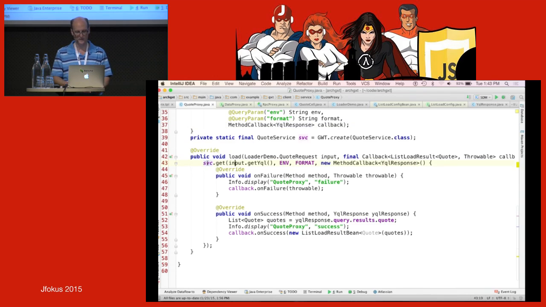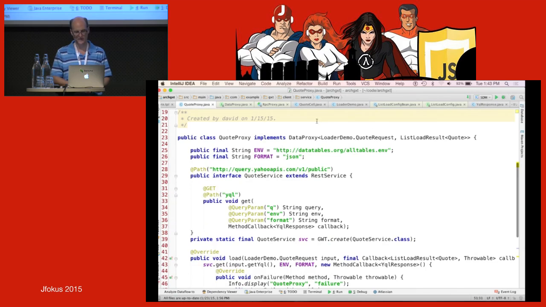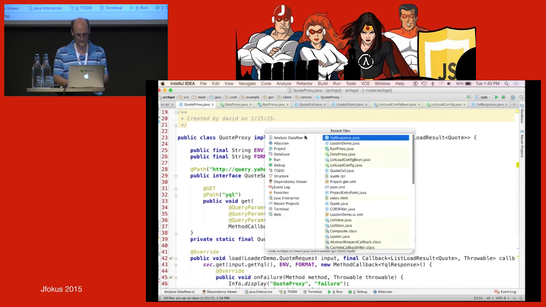We pass it our request object, which is a YQL query, a couple other parameters required by the Yahoo interface, and then the callback, from which we'll get back a YQL response. RestyGWT takes care of all the serializing and deserializing of the objects, and we implement the on-failure and on-success methods just like with GWT-RPC. So this data proxy I can now use directly